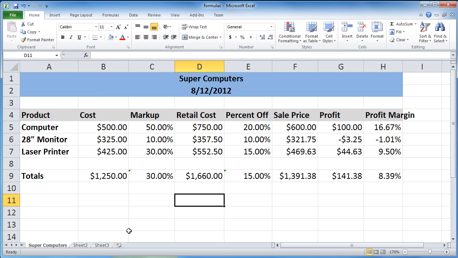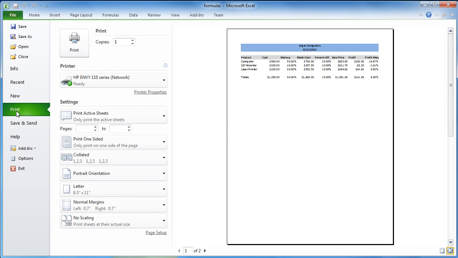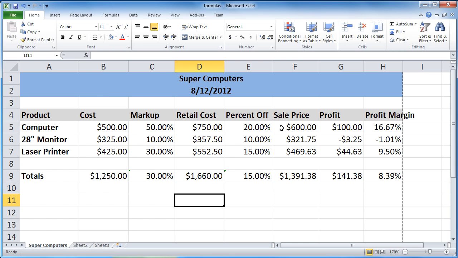Now this spreadsheet is set up in such a way that I believe it can provide more information and be easy to see for the powers that be. Just by eyeballing, it looks like it might be a little bit large for printing. Let's take a look. Let's go to File, Print, and you can see that I have different options within the print menu. Let's make sure that all of the information is contained. I can see that it's cut off within the profit margin area, so I need to find some ways to consolidate the information or make it all fit.